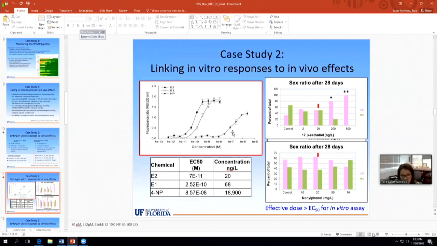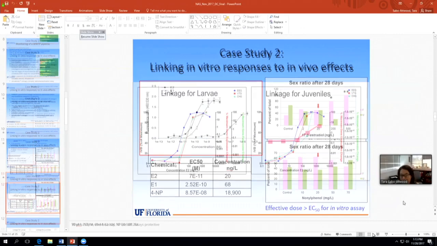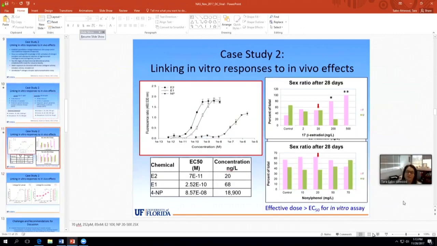That makes sense. So now if you look at, this is sort of covered up here for some reason, underneath the sex ratio are gene expression changes, but it holds the same story. What you can actually see with respect to both is that the calculated EC50 based on the in vitro assays really is above what we see with both the sex ratio and the gene expression.